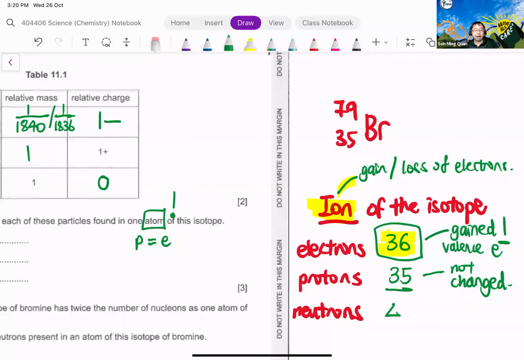Okay, the neutrons unchanged is 44 as well. Now why am I saying this? Because you must read the question carefully. In 2021, they tested the students on atom, right? But what if you are tested on ion? Then you must be prepared to deal with this added